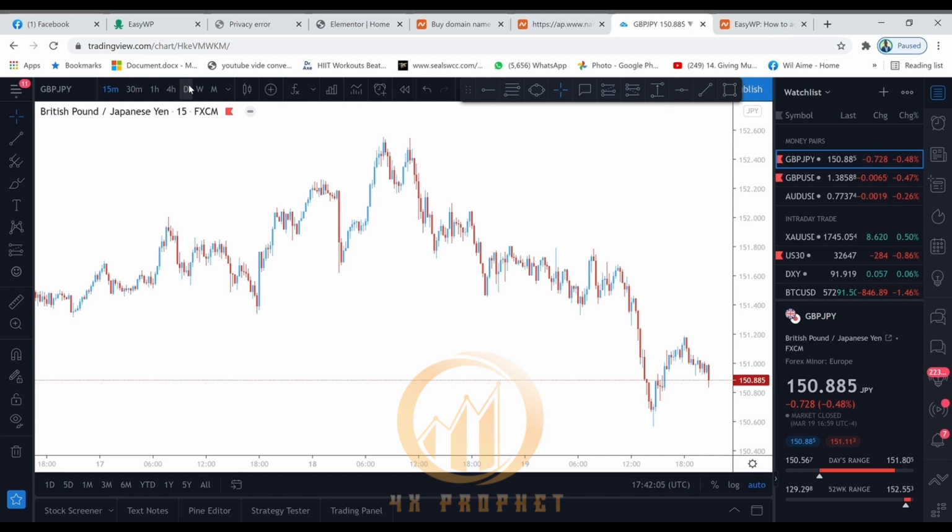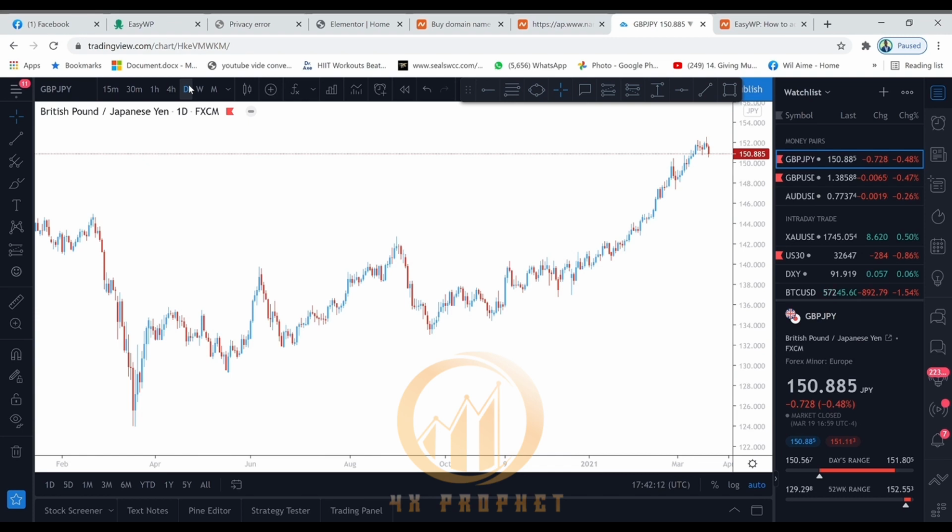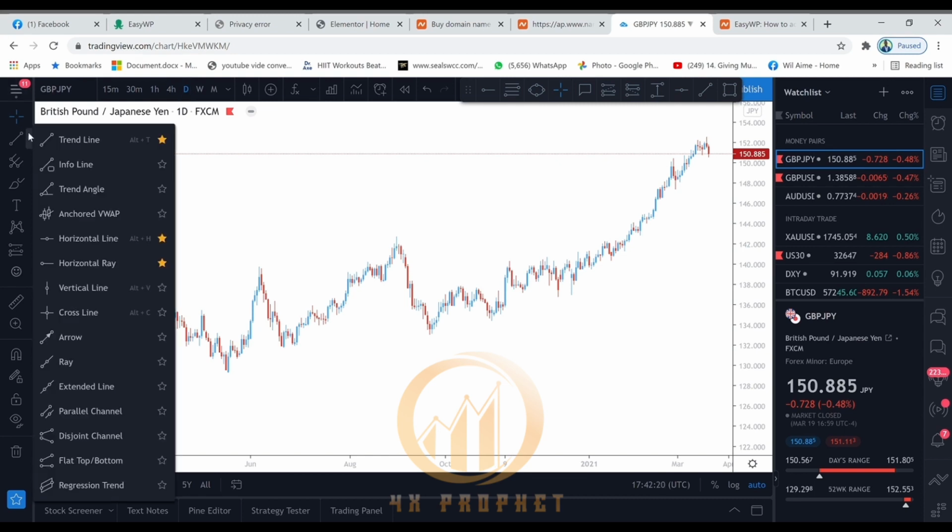So the first thing we're going to do is start from the higher time frame, because what we want to do is look to see where the trend is. You never want to trade against the trend. All right, so as we can see, this is an uptrend. So what we're going to do is first mark out on our daily our support and our